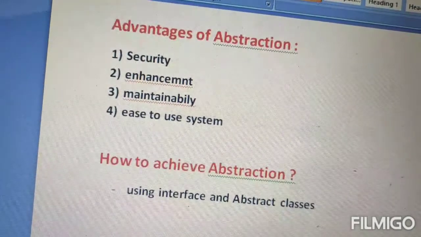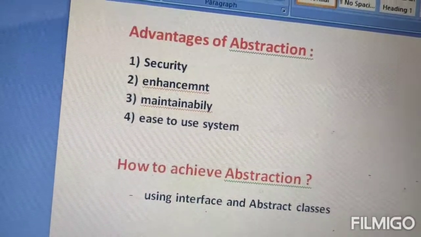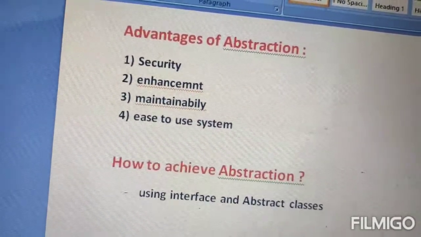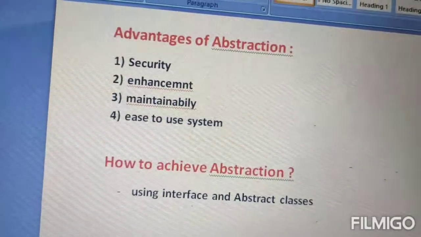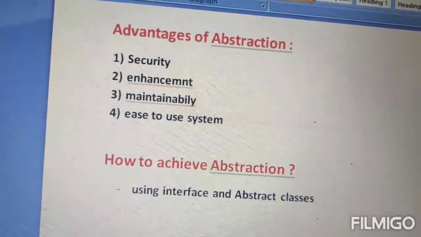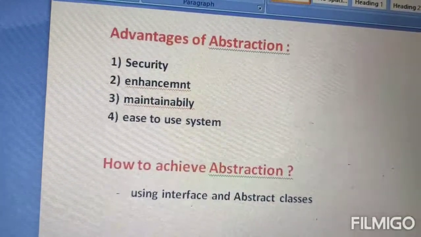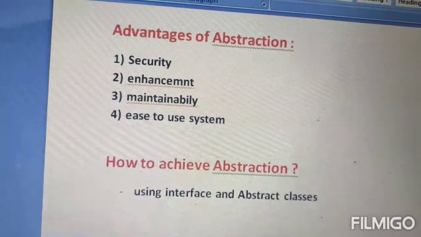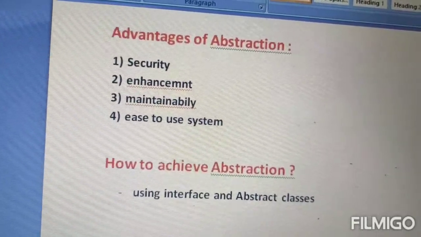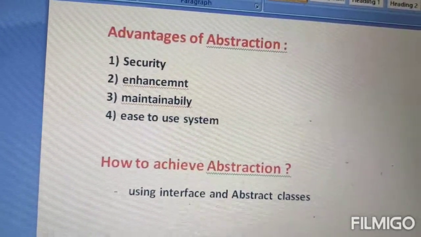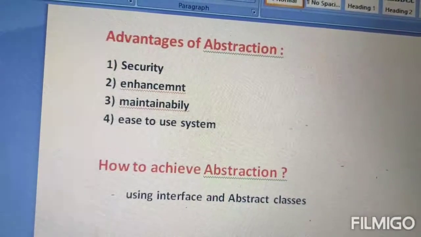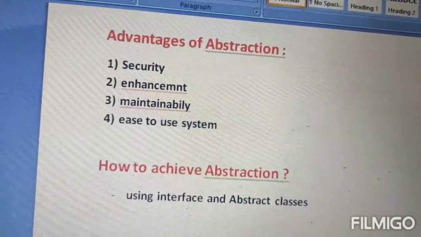Okay, we can easily maintain our application. It improves the maintainability of the application. Okay, and the fourth advantage of abstraction is that it improves ease of use of our system, because the end user does not worry about how it is implemented.